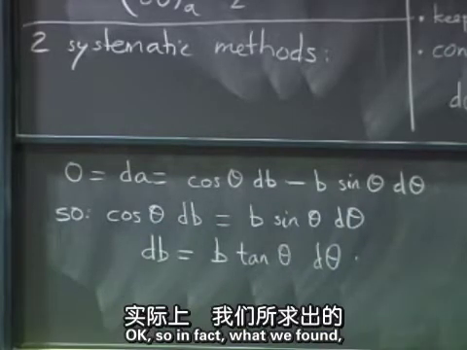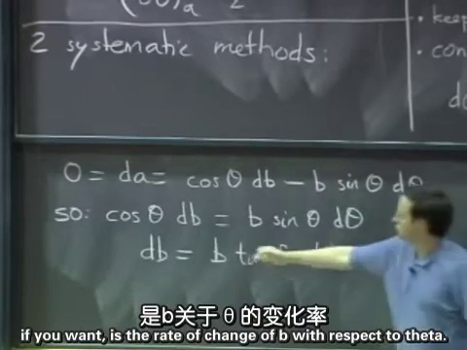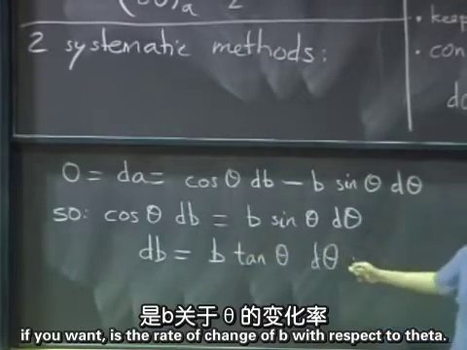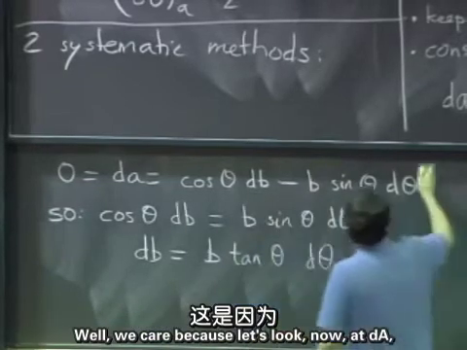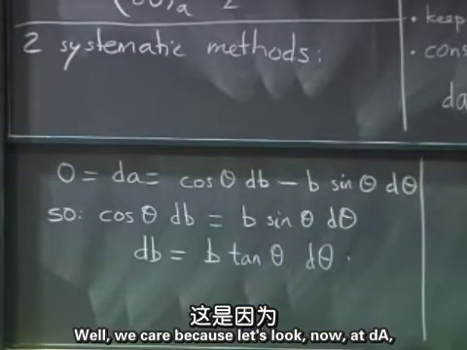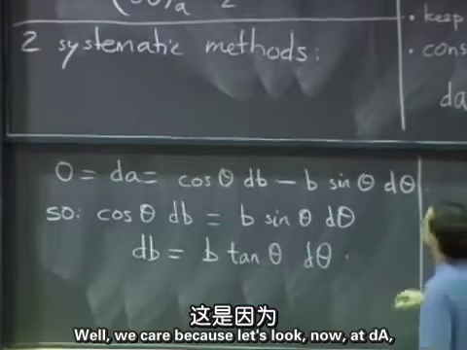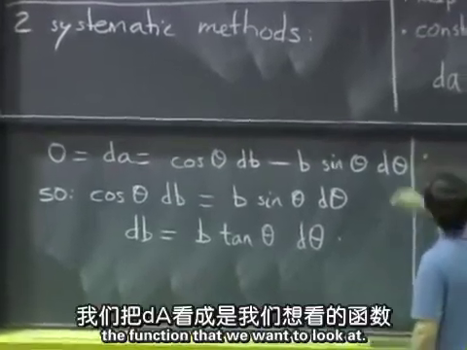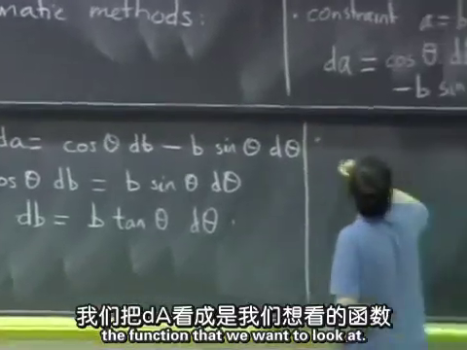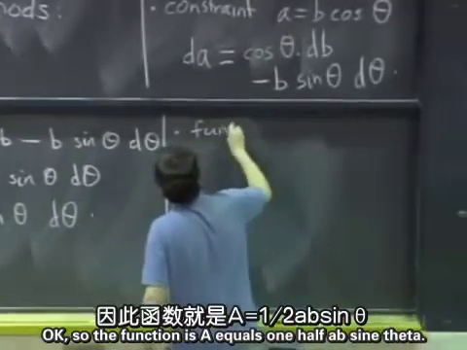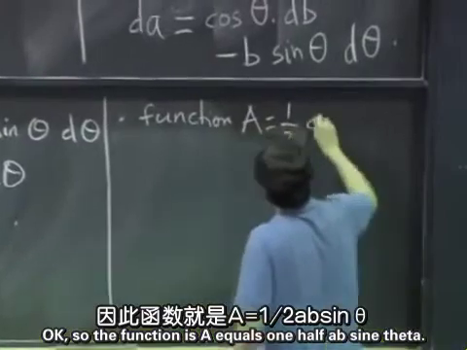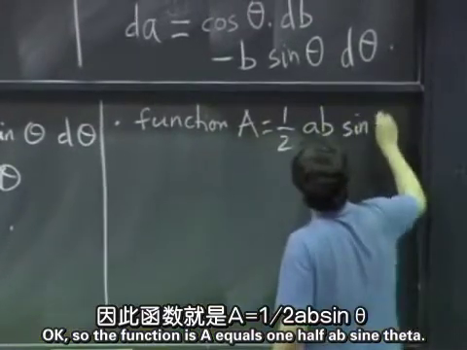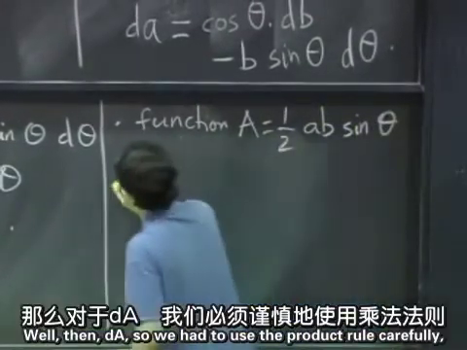Okay, so in fact what we found is the rate of change of b with respect to theta. Why do we care? Well, we care because let's look now at dA, the function that we want to look at. So the function is A equals 1/2 ab sine theta. Well, then dA,